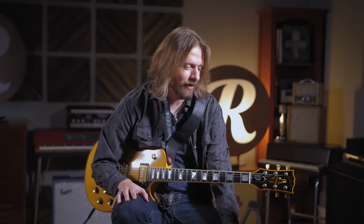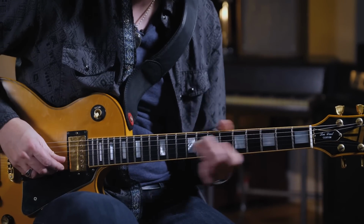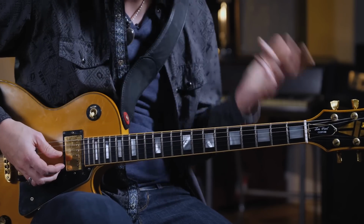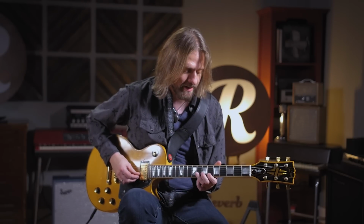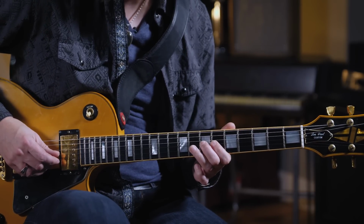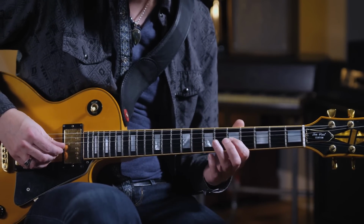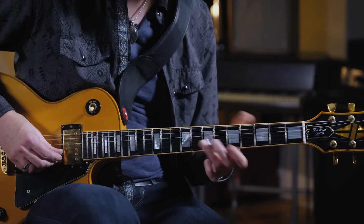Another lick that I've grabbed from Albert, and nobody really does it like Albert, but again, it's fun trying, would be this one. Now, that seems like a simple line, but the feel that Albert puts into it makes it so much more. All I'm doing is playing in the pentatonic, starting at the 8th. Then I'm going to the 7th on the G string, 8th on the B string, 7th on the G string, 5th and 3rd on the G string, and landing on the 5th fret of the D string. When you put it together,